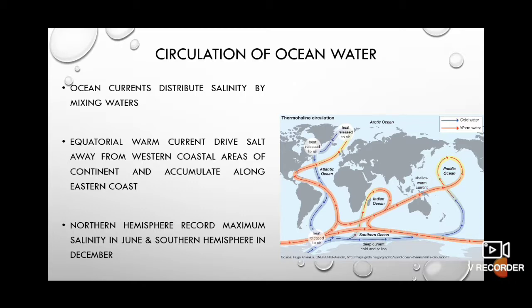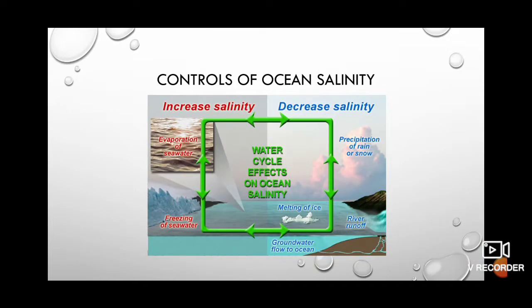Ocean currents affect the distribution of salinity by mixing the seawater. For example, consider the case of the equatorial warm current. The equatorial warm current drives salt away from the western coastal areas of the continents and accumulates it along the eastern coastal areas. The northern hemisphere always records the maximum salinity in the month of June and minimum salinity in the month of December. So we can summarize the